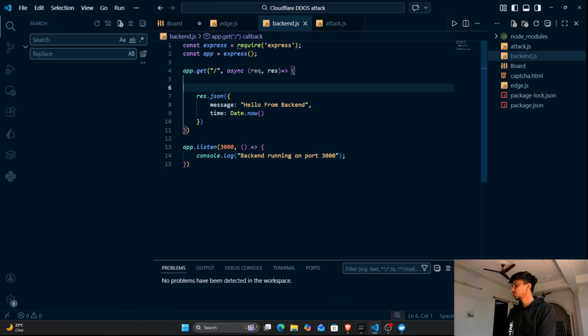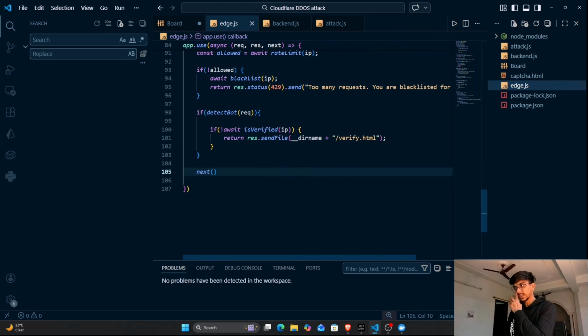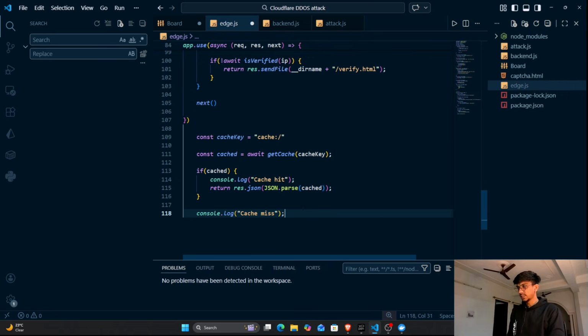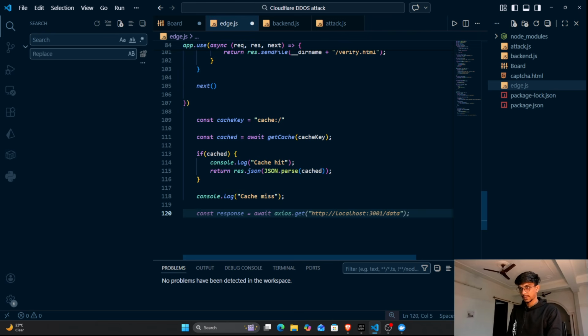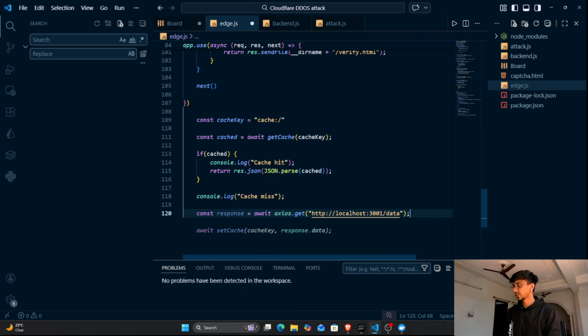You remember we used, so this is a small mistake I made. I have to do it in the edge server because we are doing it in the edge itself. We don't need anything else. So yeah, console.log, and then what we will do, we will just call const response await, okay, 3000, right, simply what we were having at that point of time, localhost 3000, and